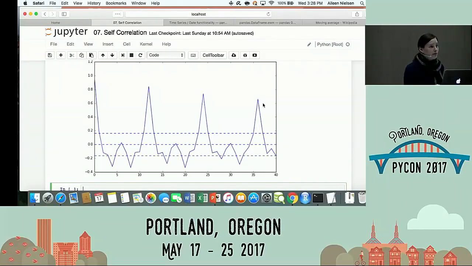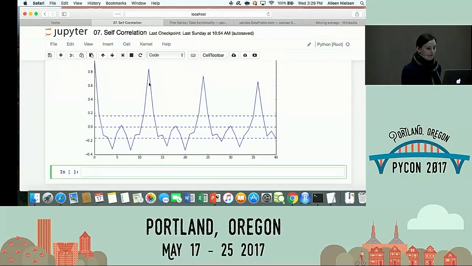Now, there are problems with seasonal data as far as recurring. We'll talk about that in a bit, but what I do want to point out here is we can spot the internal structure. If we didn't know how humans worked, if we didn't know about months and years, we would nonetheless be able to take this data and see, wow, it has a really high autocorrelation at 12. So there must be something important about the number 12. So that's self-correlation.